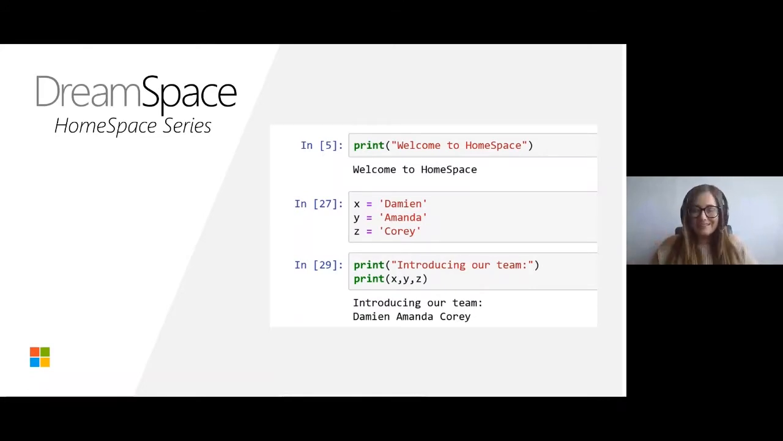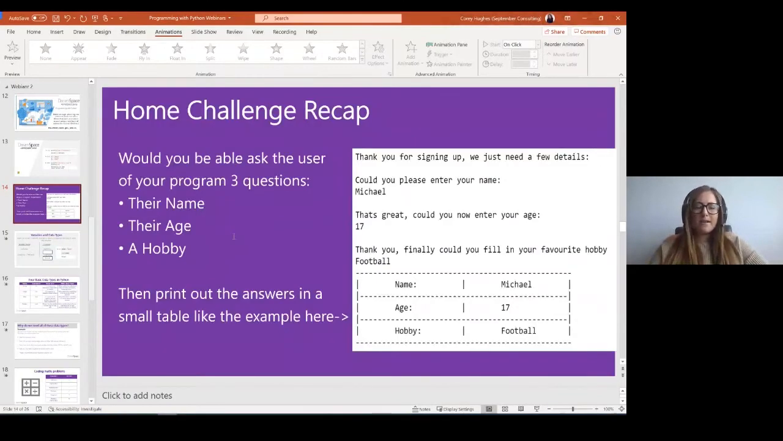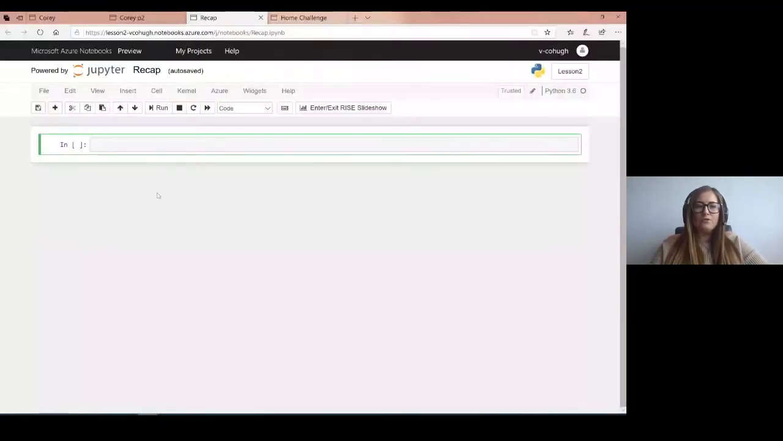But before we get into that, let's have a look at your home challenge. Let's recap on what you had to do last week. You were asked to ask a user 3 questions. What is their name? What is their age? And what is their hobby? And then you were asked to print out the answers in a table like this, okay? So really quickly, we're just going to pop back into notebooks.azure.com